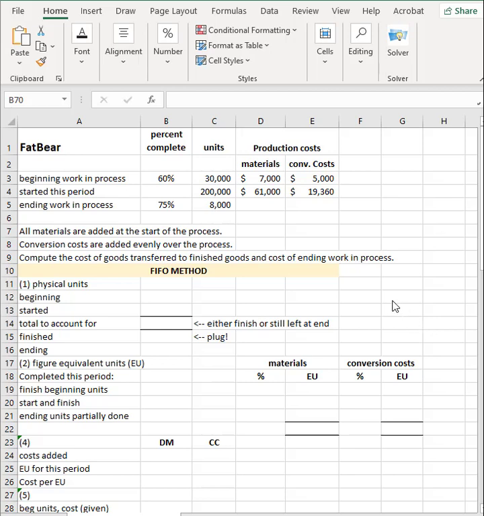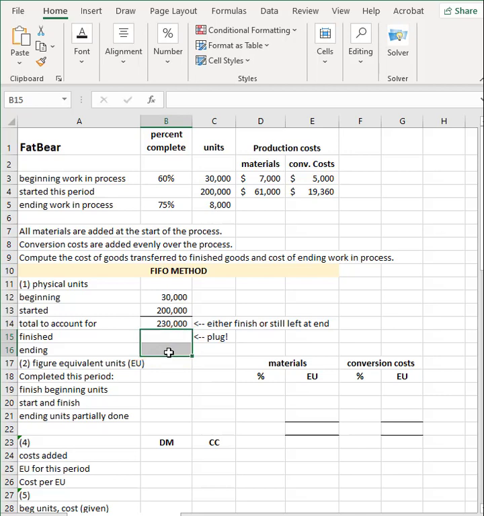The first step in doing a process costing problem is to figure out the physical units. Let's do that. They give us the beginning units. They tell us how many units were started. So the units you started with, which were partially done, and the new units you started, which weren't done at all until you started on this period, the total of the 230,000, you either have to finish them or they won't be finished. So that 230 has to be these two boxes, what's finished or completed, and what's in ending,